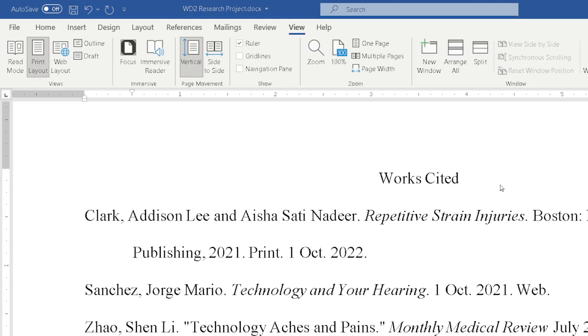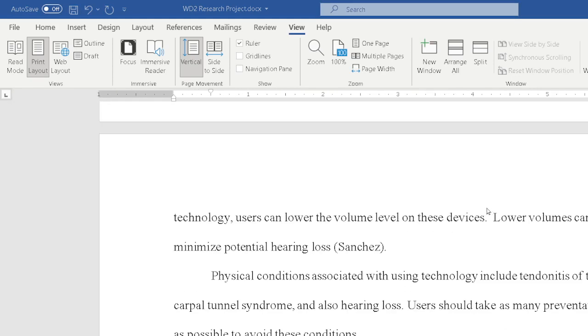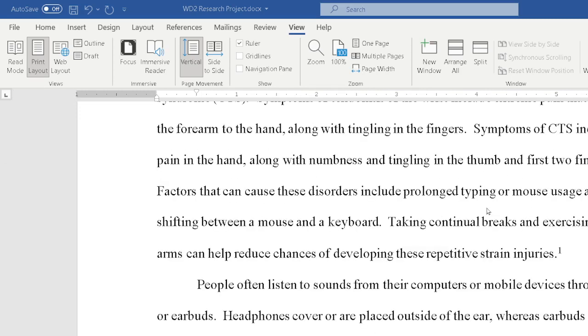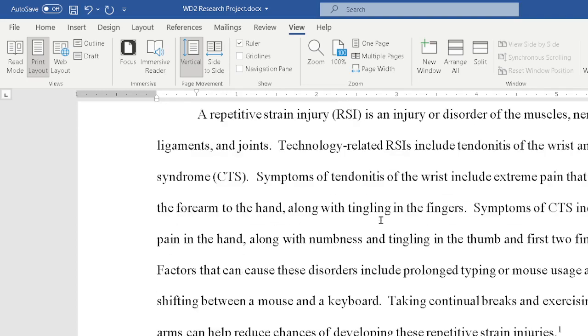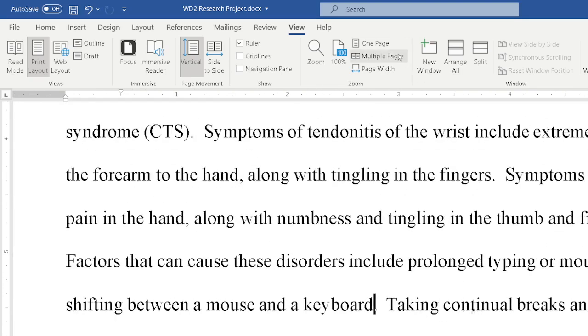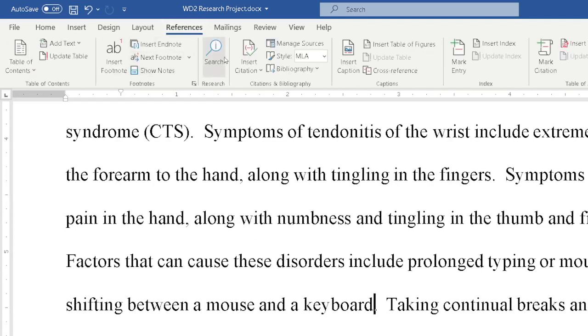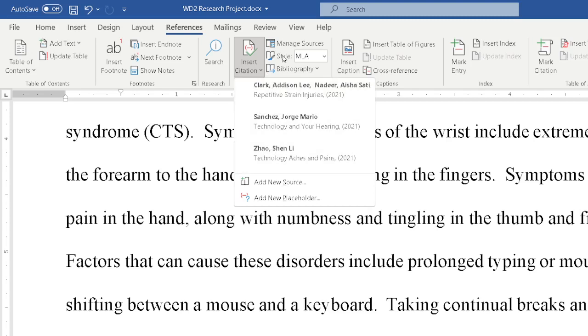We realized up here in our document we're referring to some sources, but we would like to put in our parenthetical reference. We're going to start by putting our parenthetical reference right here after the word keyboard in our second paragraph. Right there, before the period, we click there, and then we can go to References, Citation, and it shows the current sources I have in my document, and I choose the Clark source for a